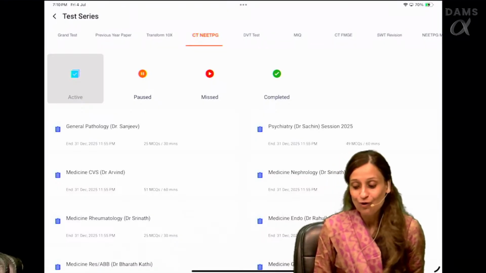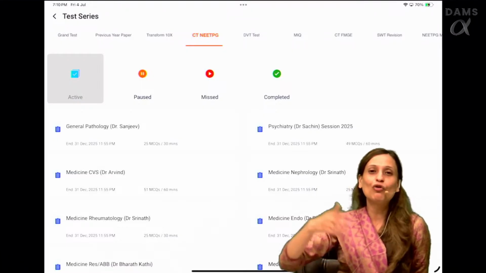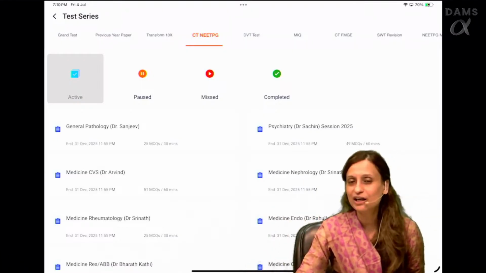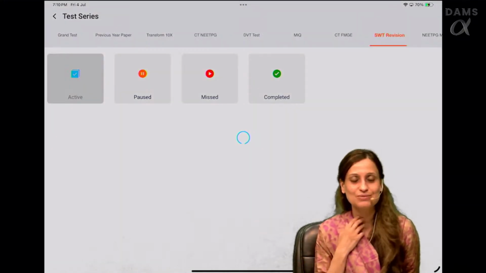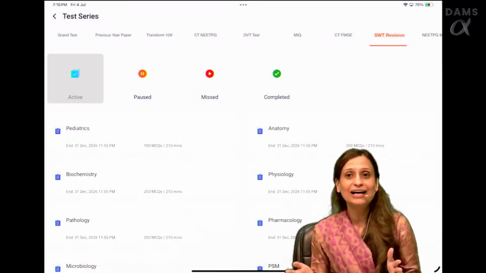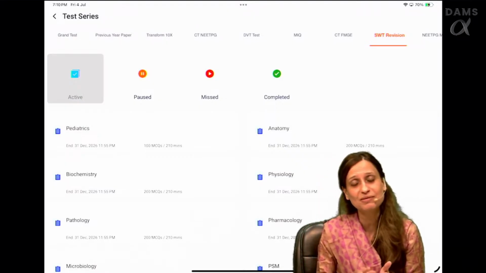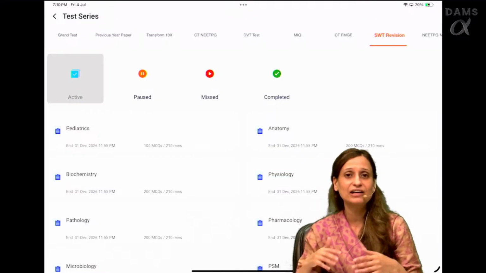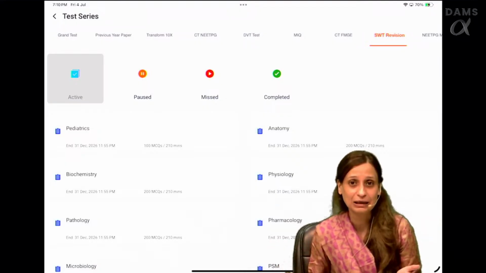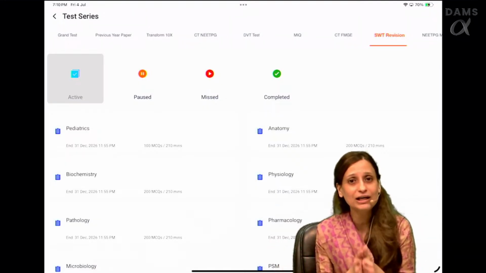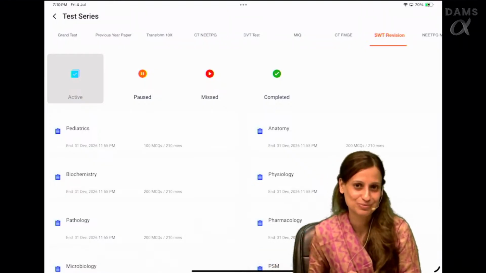Now, what do we have? It's a very common complaint by students, like, ma'am, 4 months later I feel I have forgotten it. What do we do then? Then we have a special section called SWTs, which are subject-wise tests. Again, made by the faculty. They come with video discussions, but how are they different from a CT? The SWTs cover the last 7-year PYQs. So the coverage is wider and deeper to ensure that we have a good depth and width of content. We are able to apply our concepts as well.